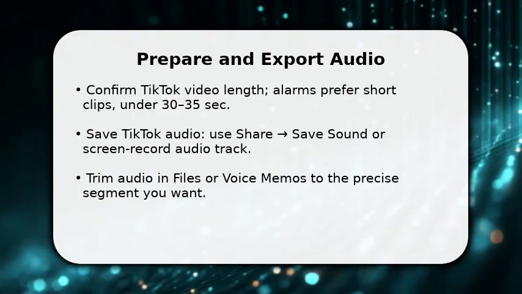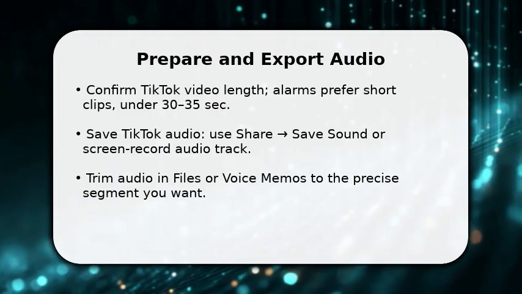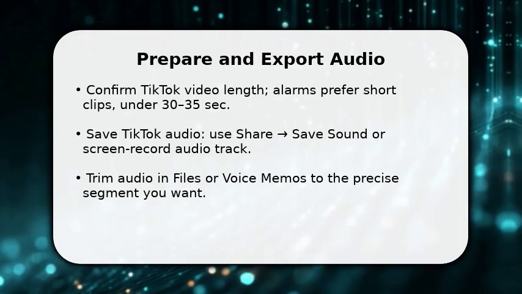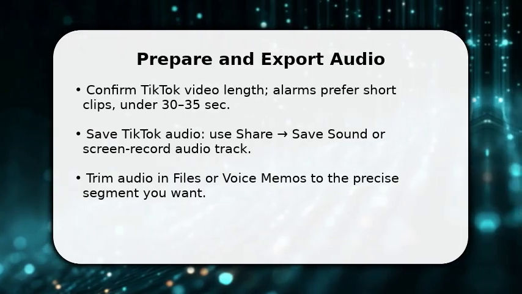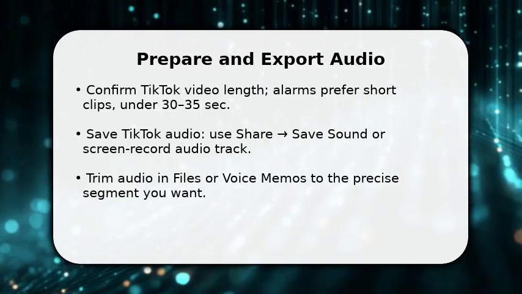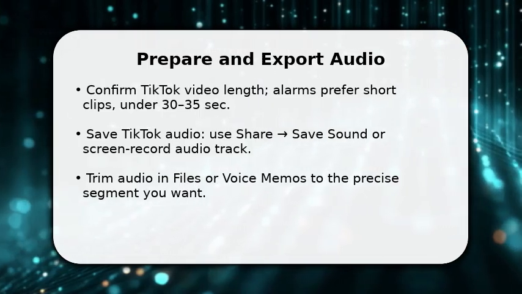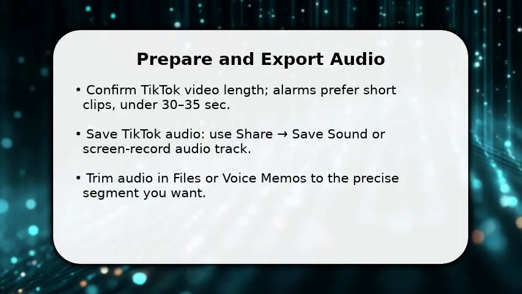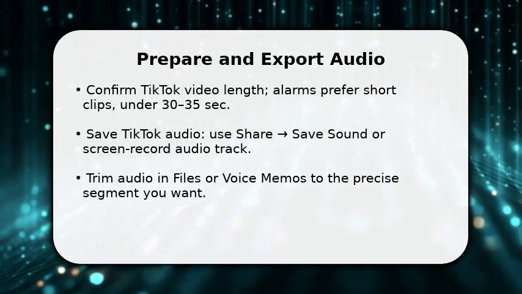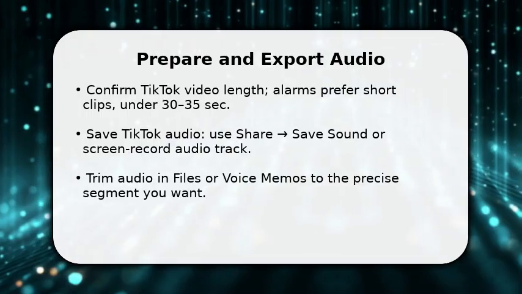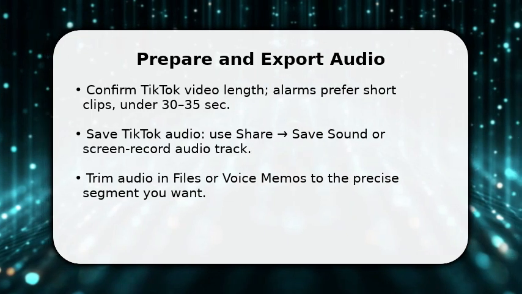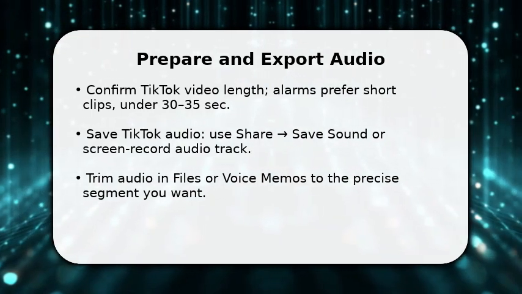You start by extracting the sound from TikTok because iPhone alarms need a local audio file. First, save the TikTok sound or screen record the clip. Once done, open Voice Memos or Files and trim the clip to the exact portion you want for the alarm. Make sure to remove intro silence. Export the trimmed file as an M4A or AAC in Files so it's ready for import into iTunes or GarageBand. This step creates the compatible audio you'll transfer to your